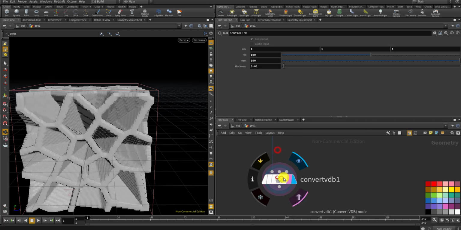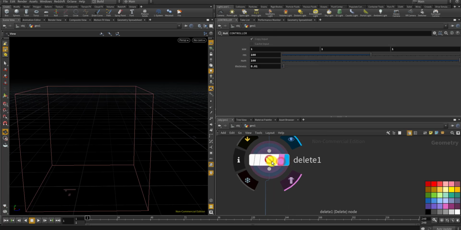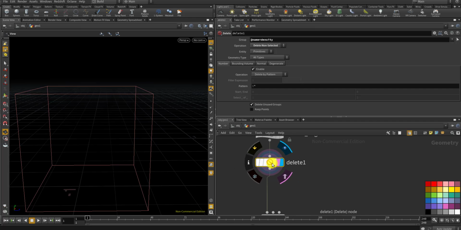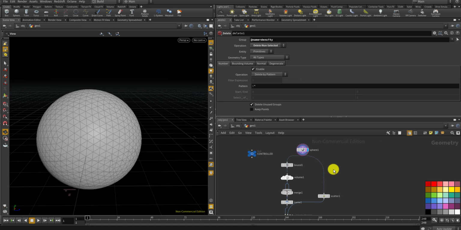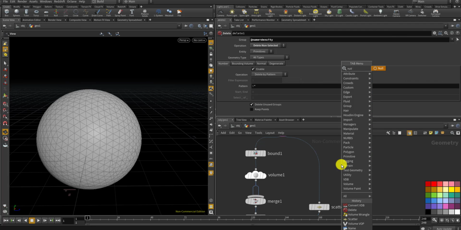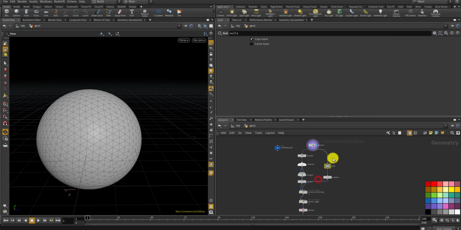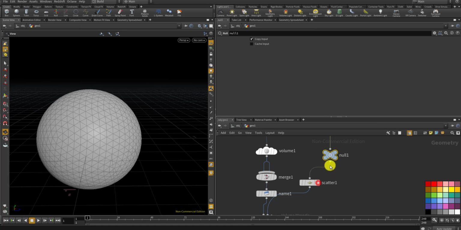Now before converting to SDF, I would like to trim or set the overall boundaries of the volume to be cut from this sphere, because the box itself might not be interesting enough, so I'm gonna use this sphere to do that. Let me make a null, maybe connected to the scatter here, and